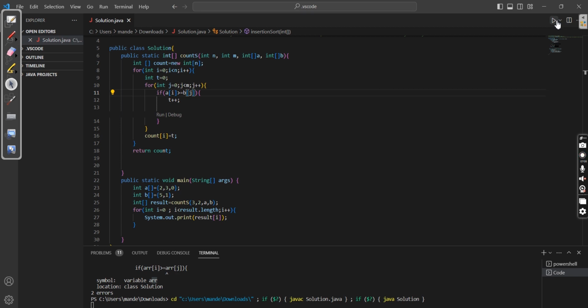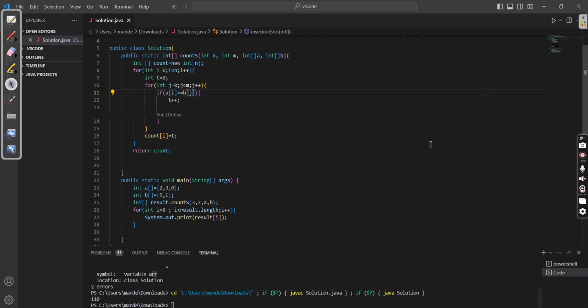So this is the solution. I think it must be it. Thank you. We are writing array here, but we have to write b here because we have already defined int a and b. So hope